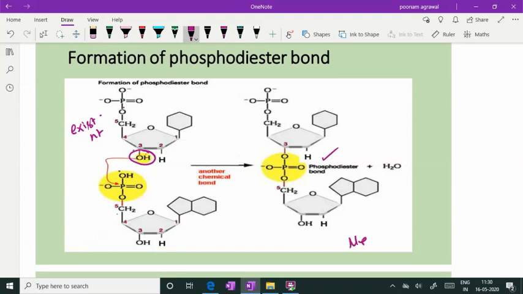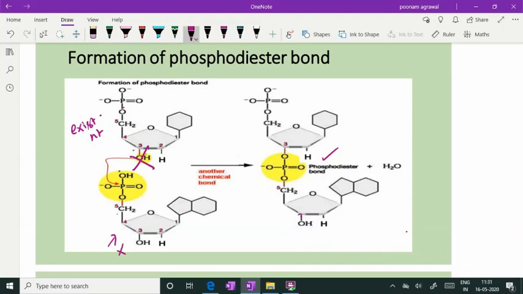In a similar fashion, suppose one new nucleotide comes here once again and gets added. The third hydroxyl will interact with the fifth phosphate of this new nucleotide, and they will be linked by another phosphodiester bond, and chain elongation will take place. So what you have understood from this picture is that the existing nucleotide should have the third hydroxyl to combine with the next nucleotide. If for any reason the third hydroxyl is not there, the next nucleotide will not be added and DNA synthesis will stop then and there itself.